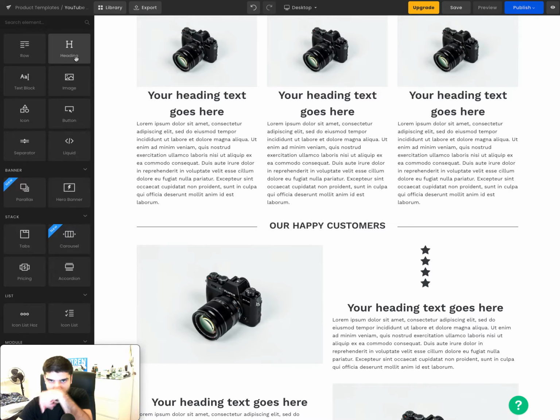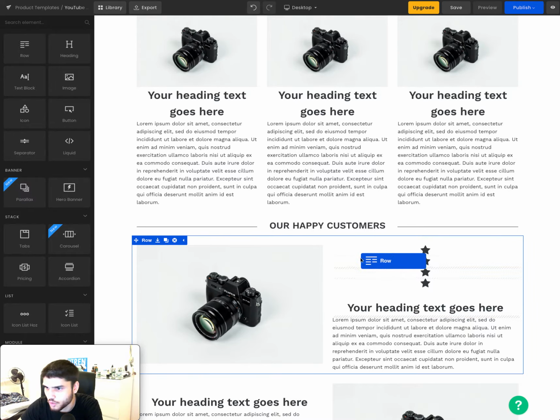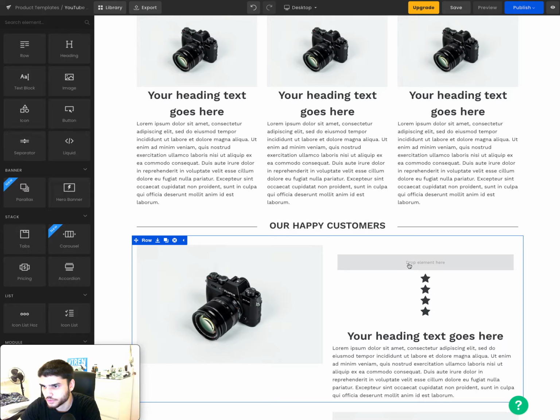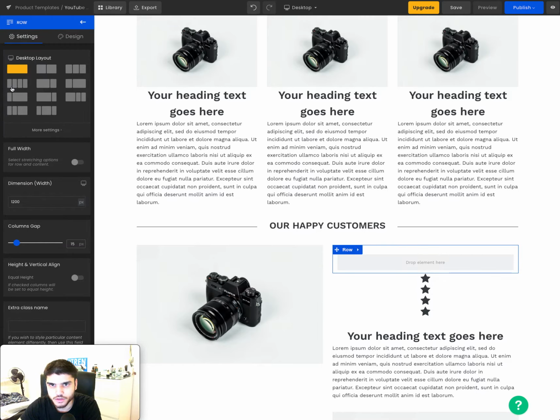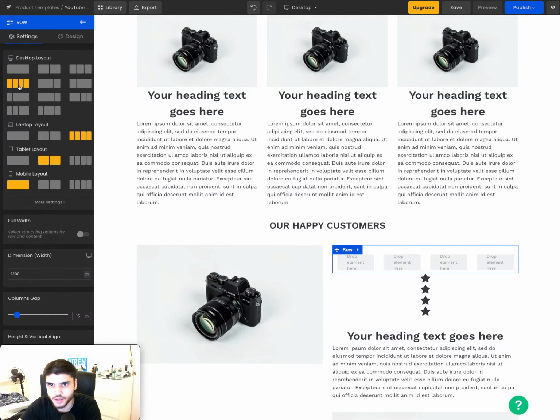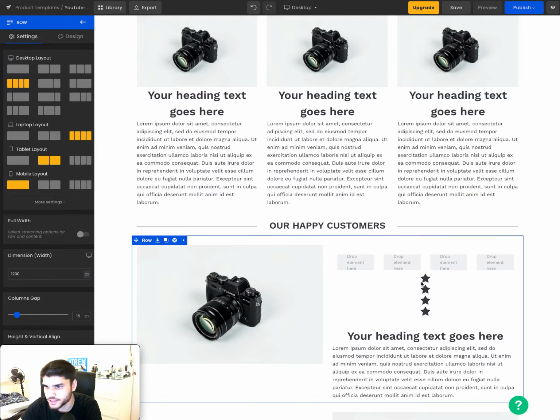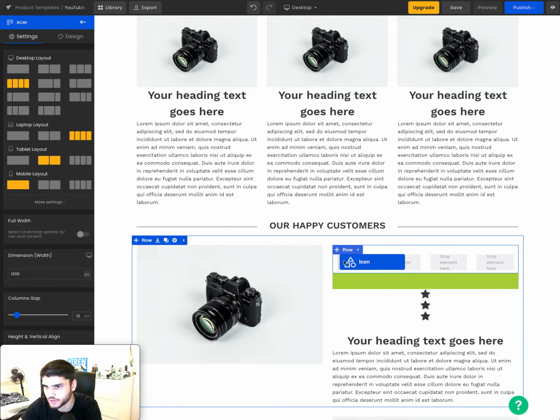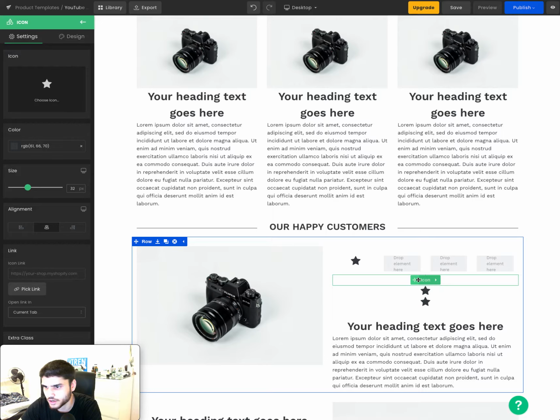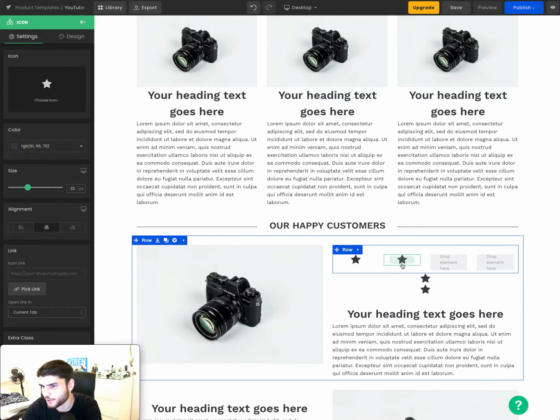Now at this point you should know that you can add a row. I'll show you guys how to do this really quickly. So 1 2 3 4. Okay, I actually want to add 5 stars, but whatever. We'll add the star right over here, right over here. I'm not really sure how to do this, honestly, but